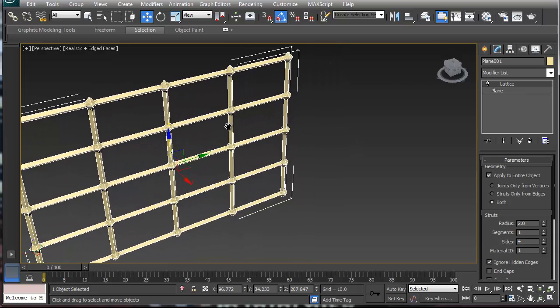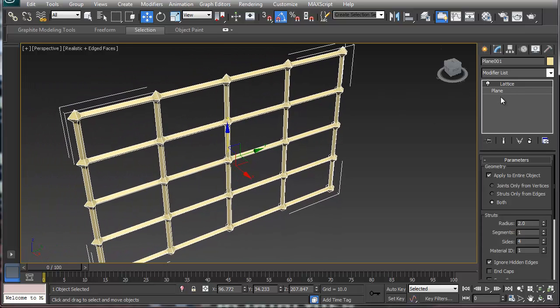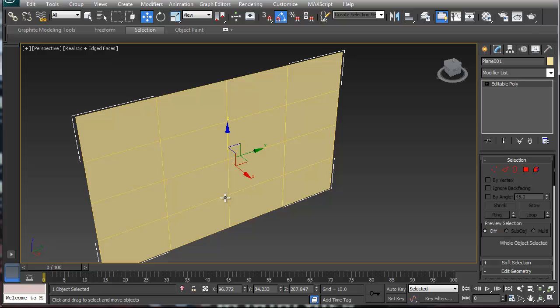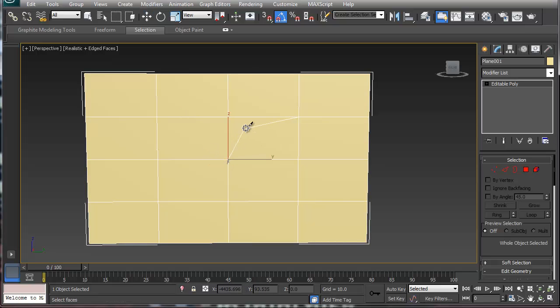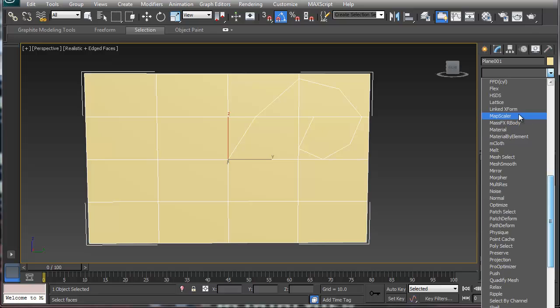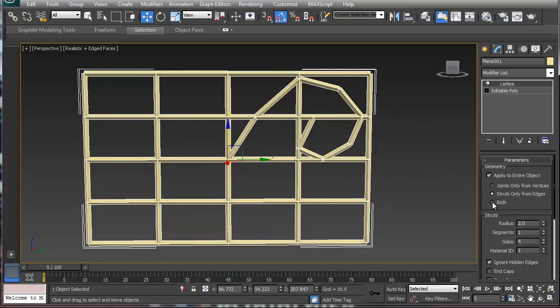And I've even seen some other people use the lattice modifier to actually control stuff that they're doing. So for an example, I'm going to just convert this plane to an editable poly. Excuse me. And say you want to draw in here your geometry, and we're just going to create a design in there. And then what you want to do is add that lattice modifier in there, which I passed up. There we are. And you can actually just do struts only, or you can do the joints, and then